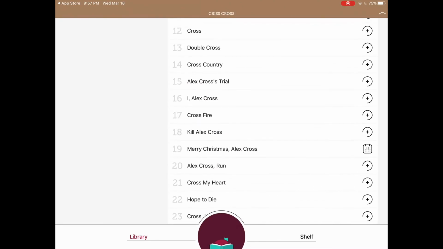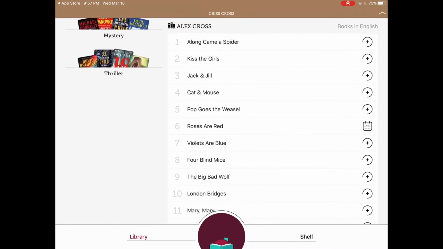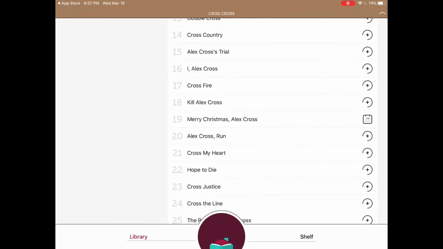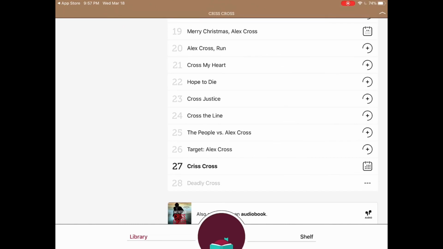Now, all these plus signs along the right-hand side of the screen show you that those are available. Now, someone is reading Roses Are Red, so you're not going to be able to read that one right away, but it looks like they have the entire series except for Deadly Cross, which tells you it's not